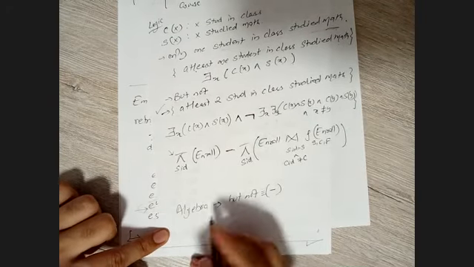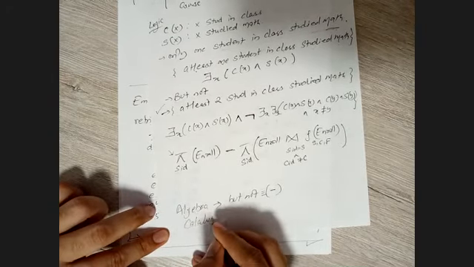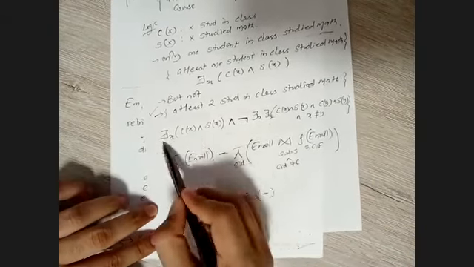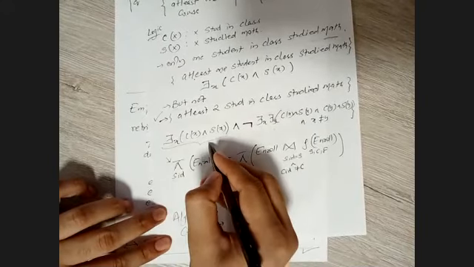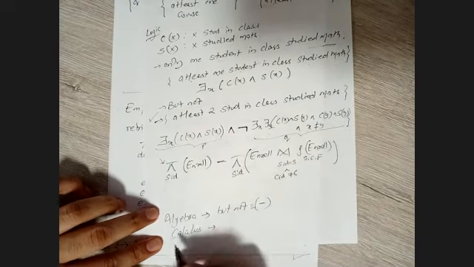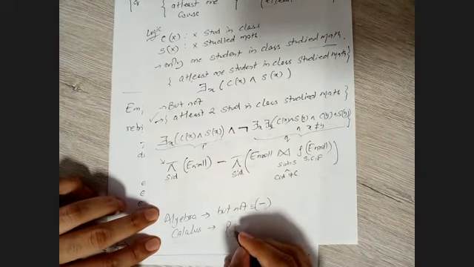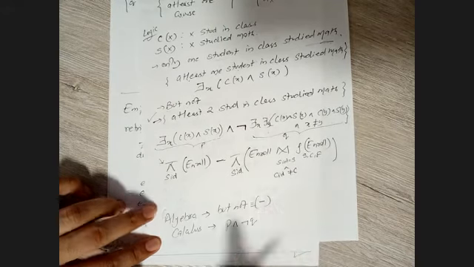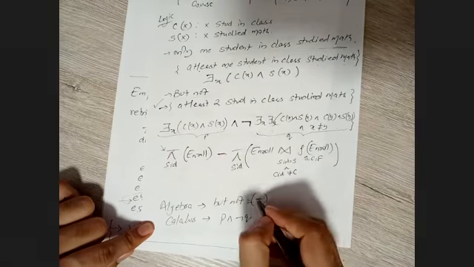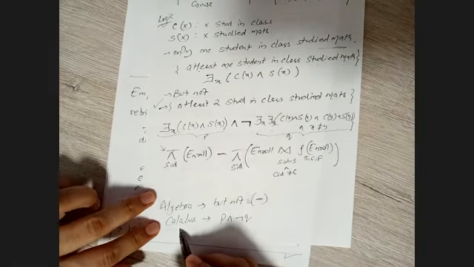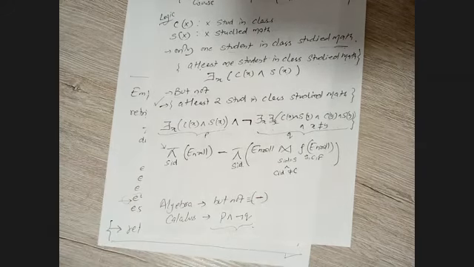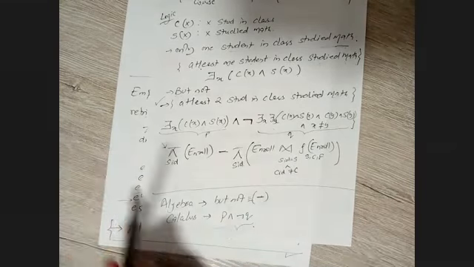But when we talk about calculus, the but not condition is something like this. If I say this condition is, let's assume, my P statement, and this is my Q statement, then in calculus we write P and not Q. This is how we write it. In algebra, but not is simply a difference operator. When you talk about calculus, you have to write the condition in this way. Hopefully you have understood.